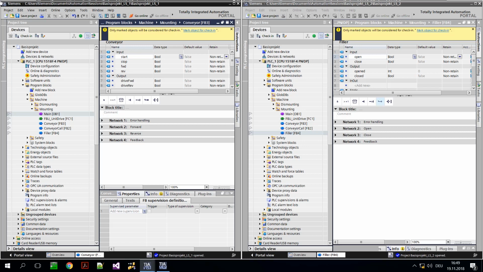The following preconditions must be met for working in a multi-user environment. The multi-user server must be set up, and the employees in the team have configured the connection to the multi-user server. The two TIA Portal instances currently visible reflect two team members each having a local copy of the server project open. User 1 is currently editing the conveyor block,